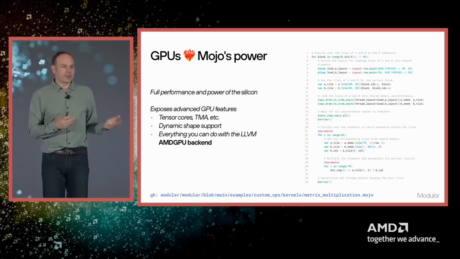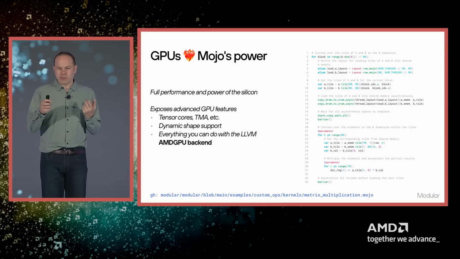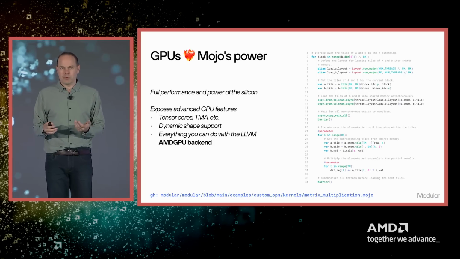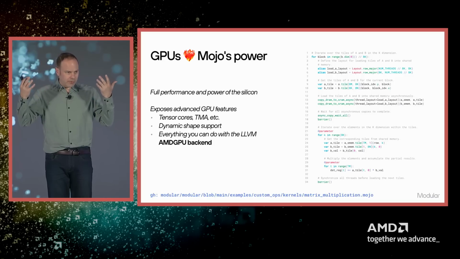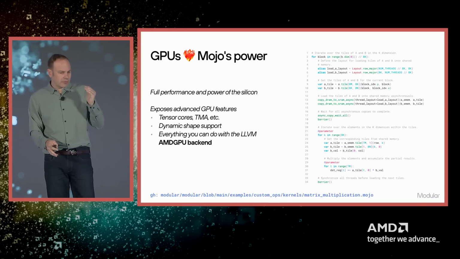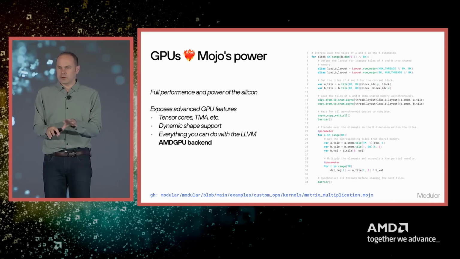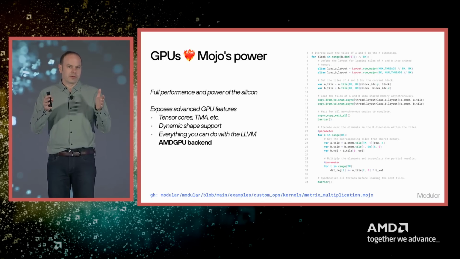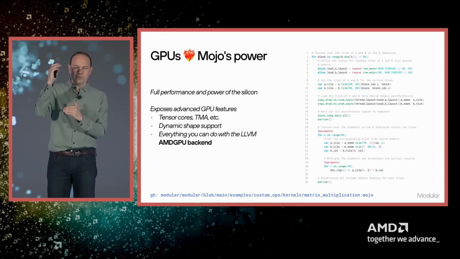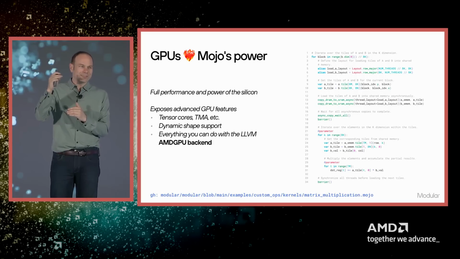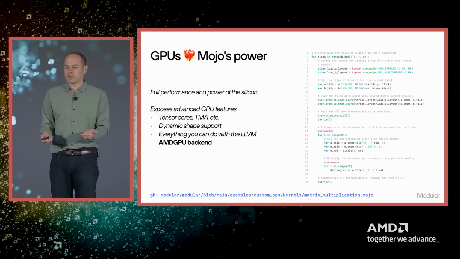Mojo's approach is completely different. We don't bury magic into the compiler. What we do instead is we enable programmers to have access to the full power of the GPU. So yeah, you can use inline instructions for AMD. You can go all the way down to the silicon and have full control over the system. But then you, as a programmer, get to build abstractions, libraries, that now you can see the source code for. And so if something goes wrong, you can debug it. You can step into it, which is a completely different developer experience.